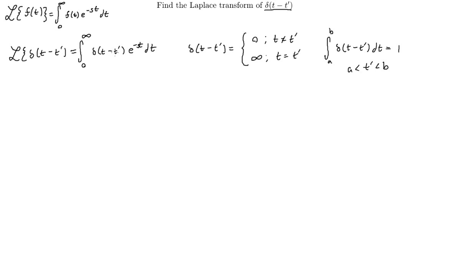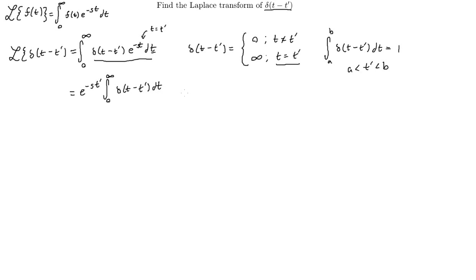Well, so if this whole integral right here is 0 unless we have this condition, then t must be equal to t prime. So this t right here has to be equal to t prime. So it's going to come out of the integral, right? Because we have a summation with respect to t. So then this is going to be equal to e to the minus st prime times the integral from t equals 0 to t goes to infinity of delta(t minus t prime)